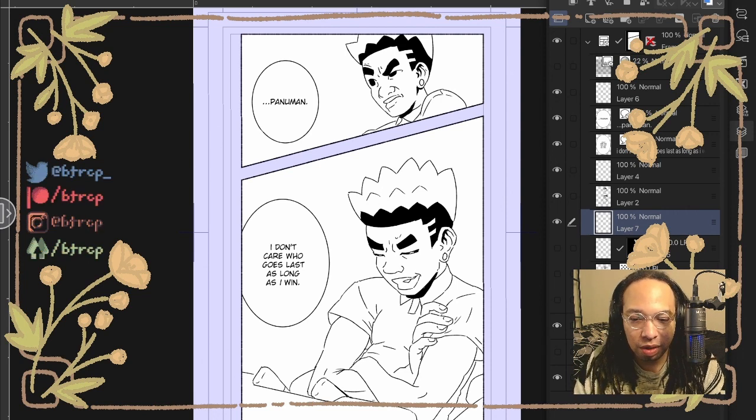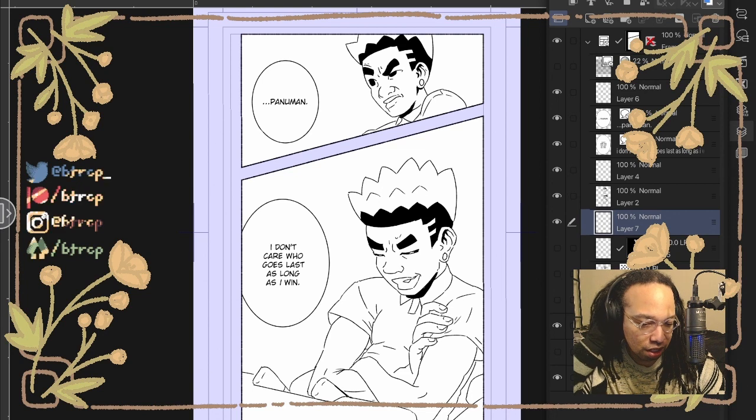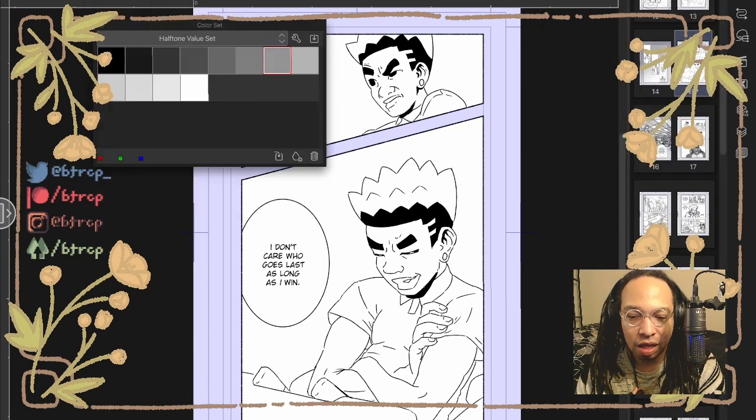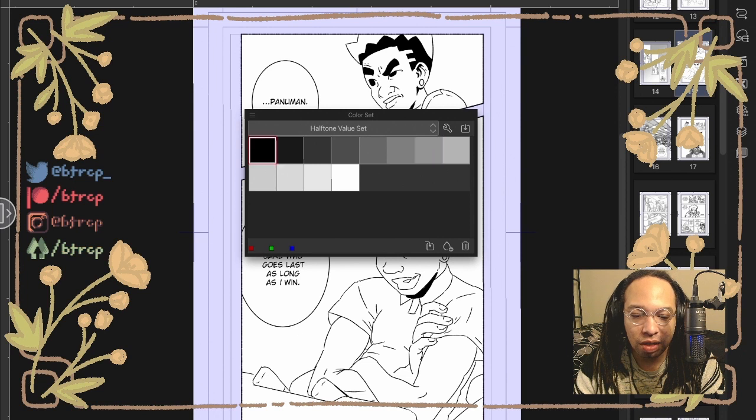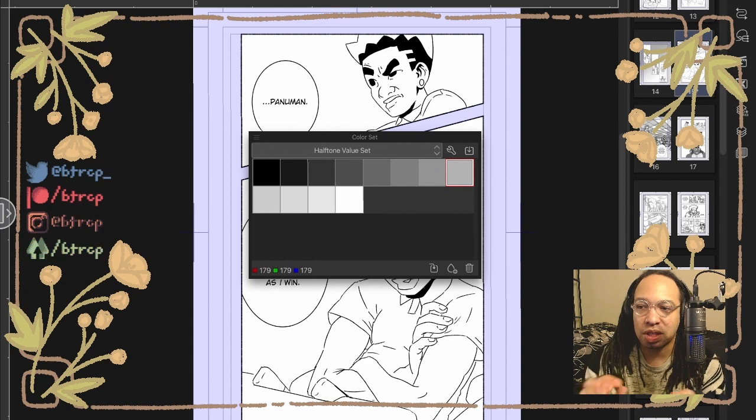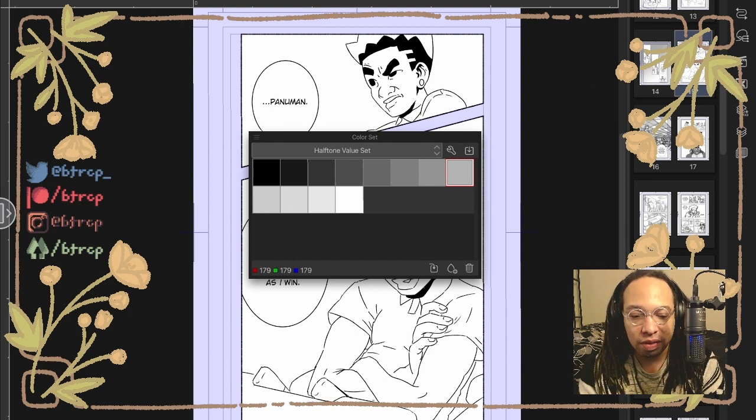So what I usually do when I want to use screen tones in a piece, I start with a standard value interval color swatch. I created this in response to the realization, after reading a bunch of manga, specifically Fullmetal Alchemist Brotherhood, that Hiromu Arakawa uses maybe 4 or 5 different values as the basis for the actual size of the dots in the screen tones that she uses. And I realized that by limiting myself to a specific number of values, I can get a standard feel